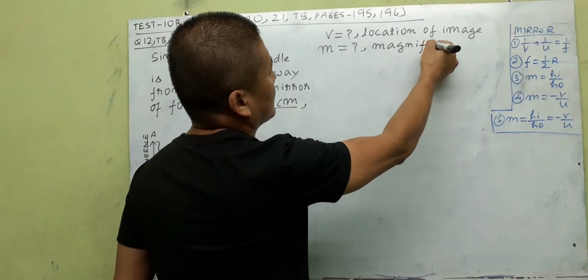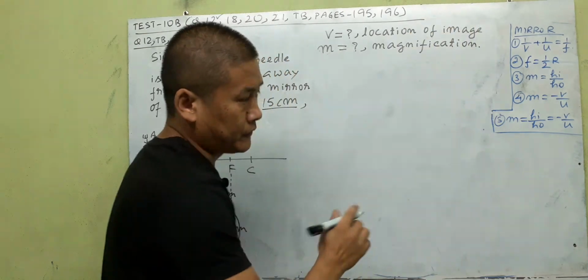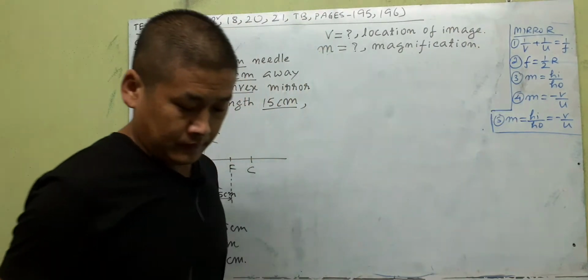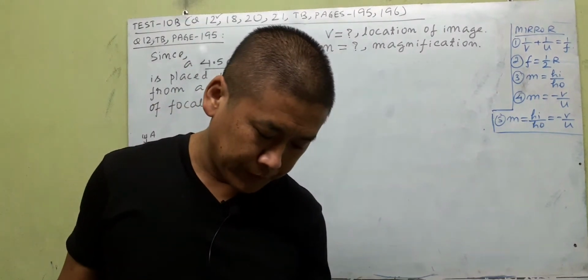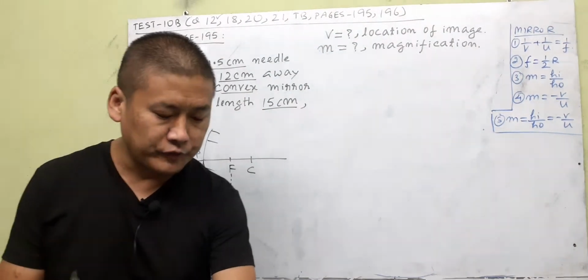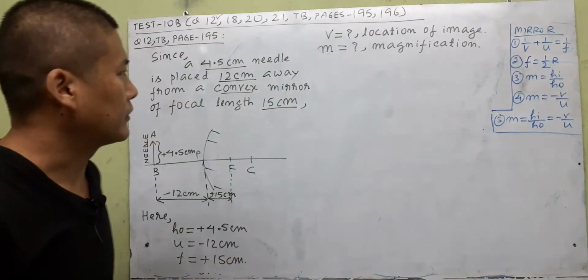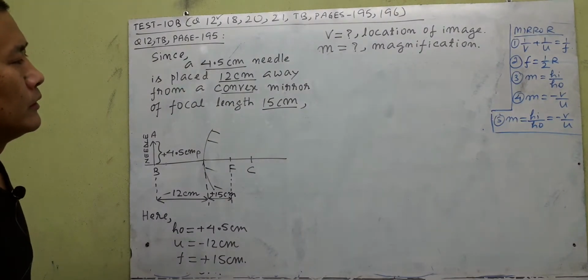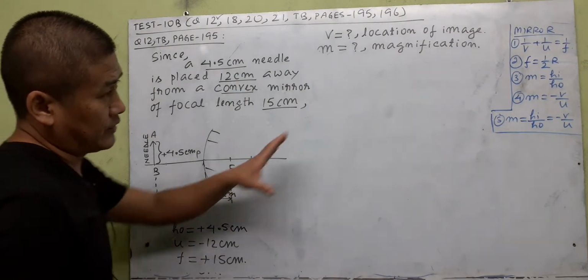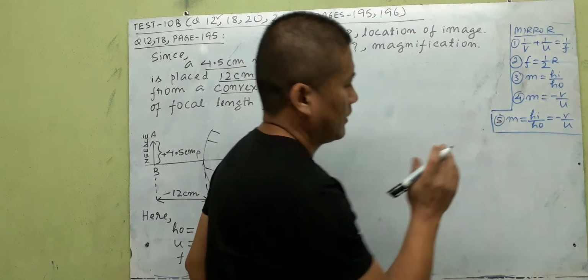Okay, this is the numerical solving part. And then finally we have to do something that we can do later on, that describe what happens to the image when the needle is moved away further from the mirror. That will answer in the end. Okay, so here let us start here. As we said, these 5 mirror formulas have to be kept in our mind very well,